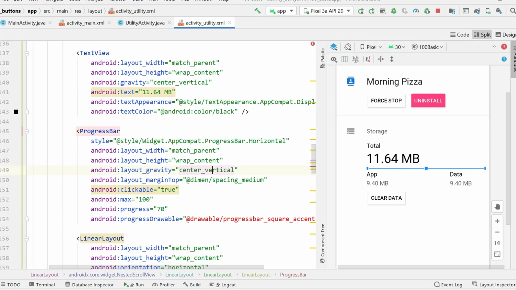And I also make the layout margin top to be spacing medium, and I make it also clickable, and I make its maximum to be 100, and its progress to be 70. So this is how it should appear. The progress should look at 70, and then the maximum is 100. Then after, I had to add a